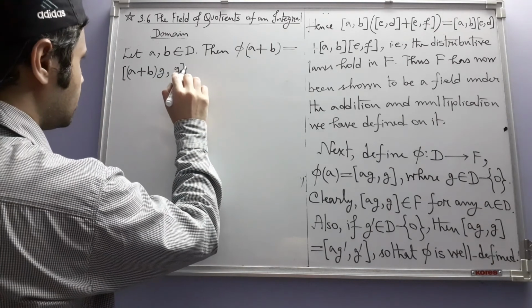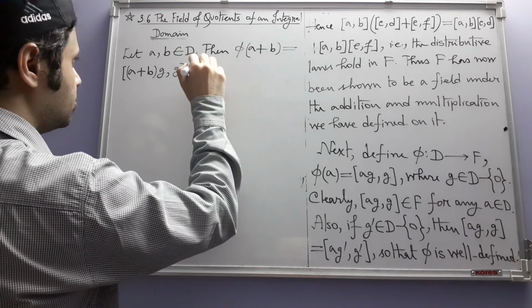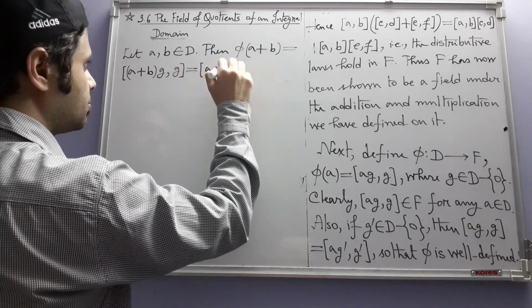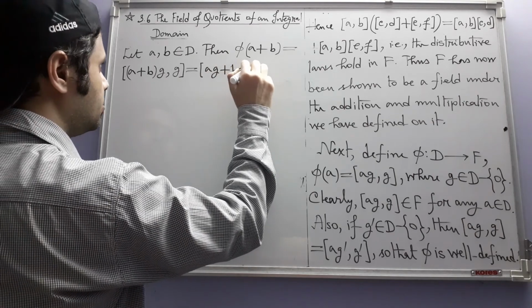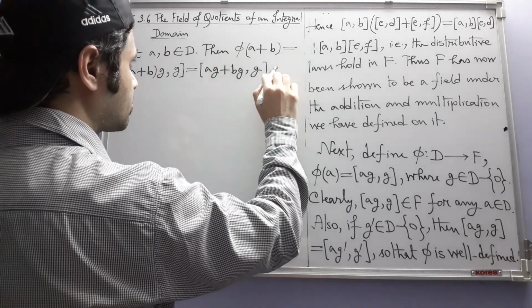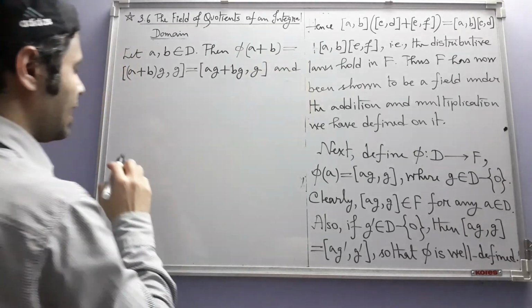Okay, and this is equal to (ag plus bg, g). And at the same time,